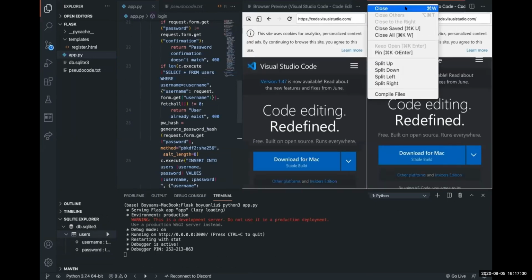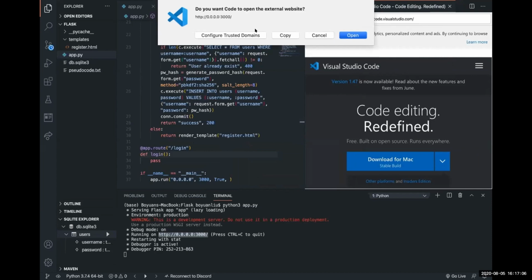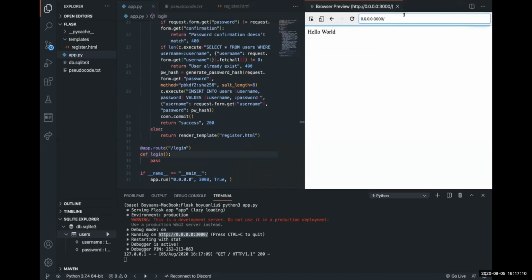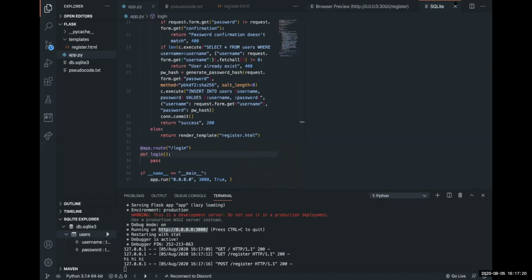Let's see, close. Right. So I'm going to go to here, paste it here, and then let's go to /register to register a new account. So hi, submit. Now because it's a success, if we go to users, I'm not sure why this is not loading here, but